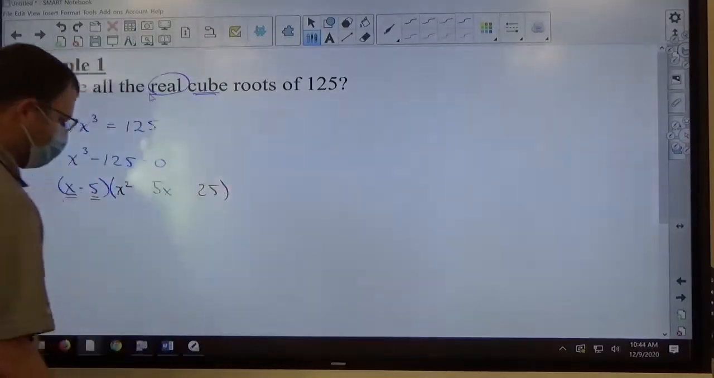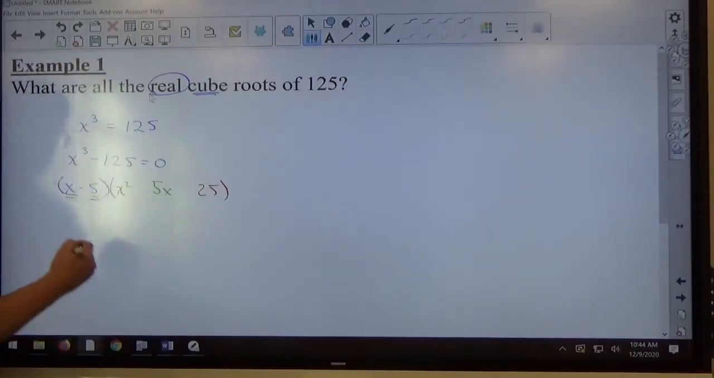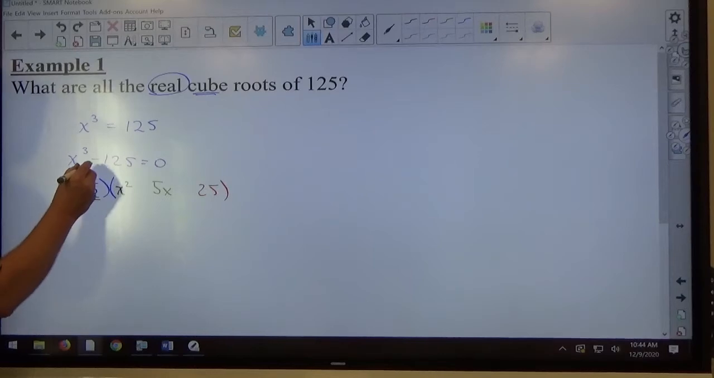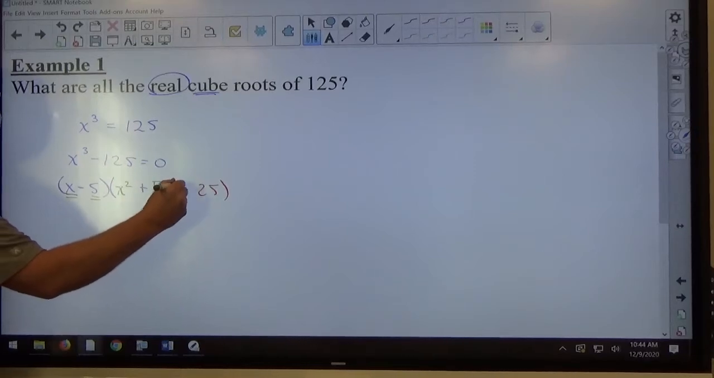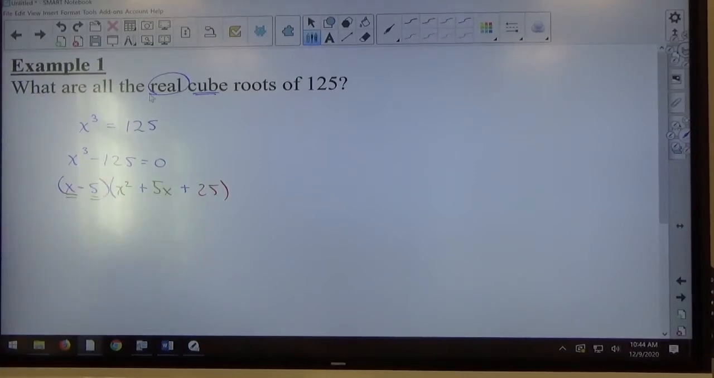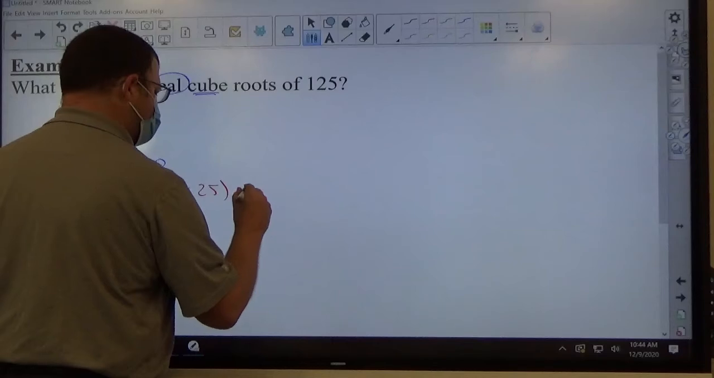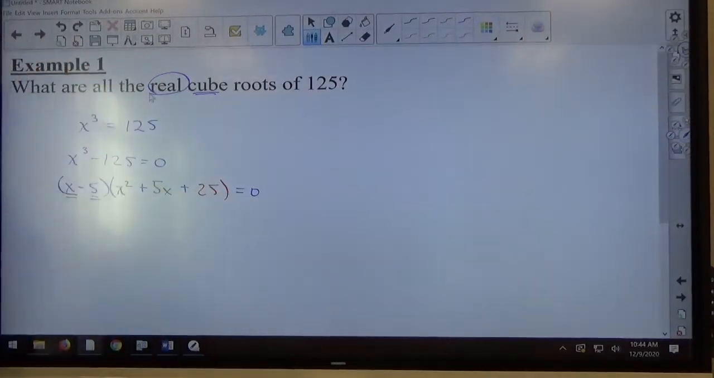As far as signs are concerned, this sign's always the same sign as that, so minus, minus. This sign's always the opposite sign of that, so plus, and this last sign's always plus. So we create a difference of cubes structure equal to 0, we factor the difference of cubes, and now we're